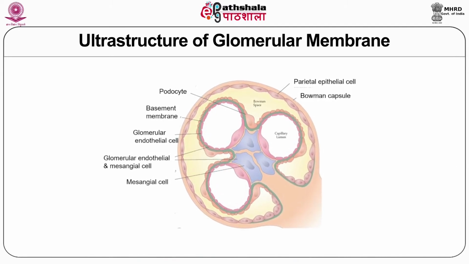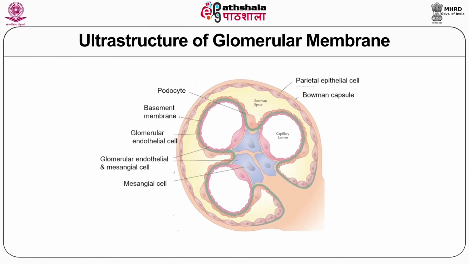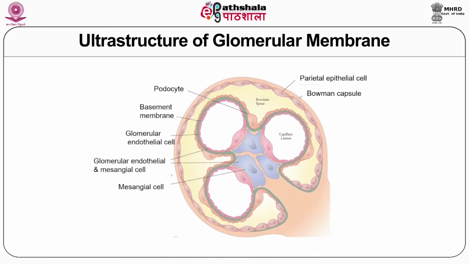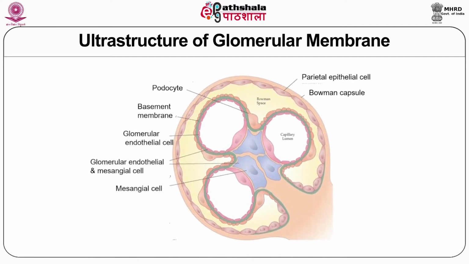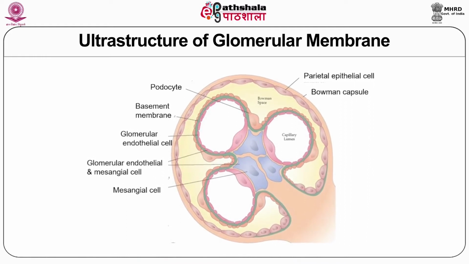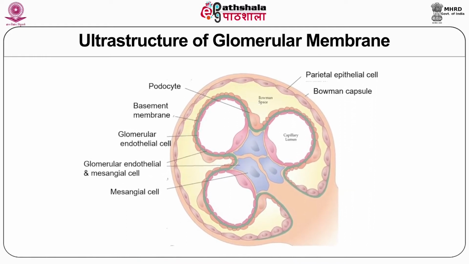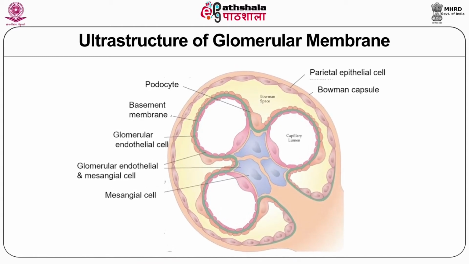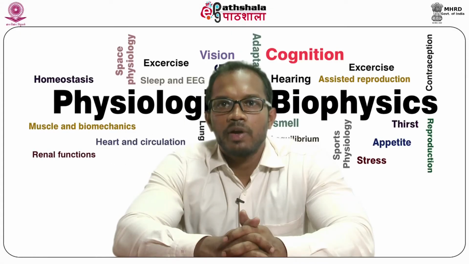It is a thin layer of the Bowman's capsule formed by specialized cells called podocytes. Podocytes have interdigitations which interdigitate over the basement membrane and form a filtration sheet. Mesangial cells are present between the capillary endothelial cells and the basement membrane. They provide structural support for the glomerular capillaries, and they also secrete extracellular matrix, and they also have phagocytic activity.